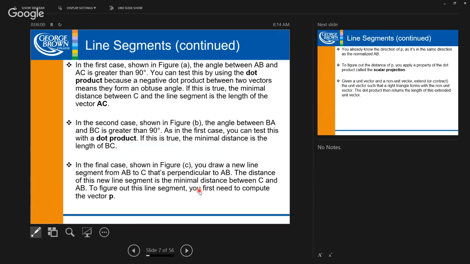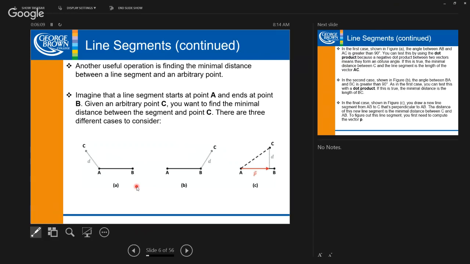Where if the angle between A and B and A and C is greater than 90 degrees, let's go back to that. What do I mean by 90 degrees? First of all, in computers, how do I measure angles? This is really simple, but do I start here and go this way, or start here and go this way? From B to A or from A to B? B to A goes up this way. So if my character starts here and is looking from A to B, then he's looking at the 0 degrees area. This is where 0 degrees is,